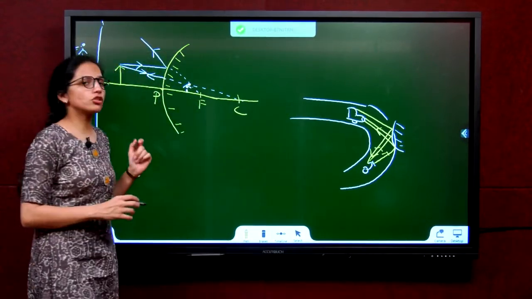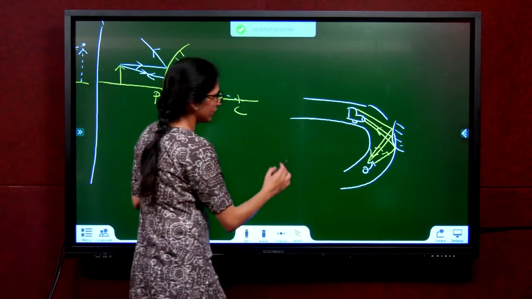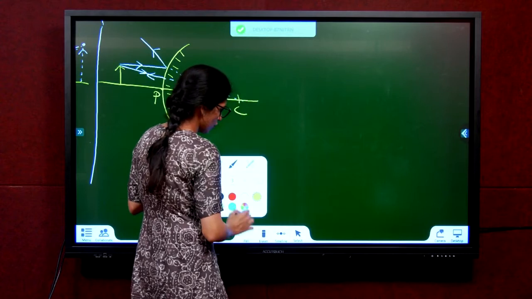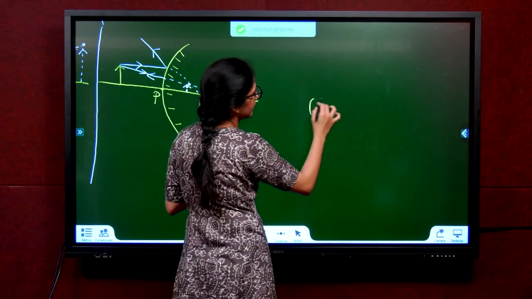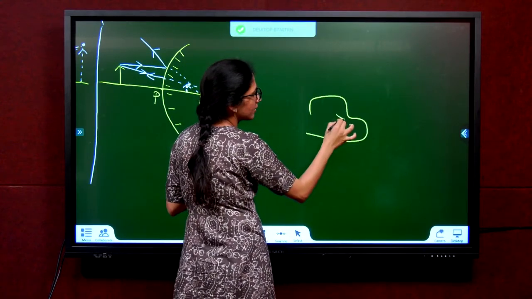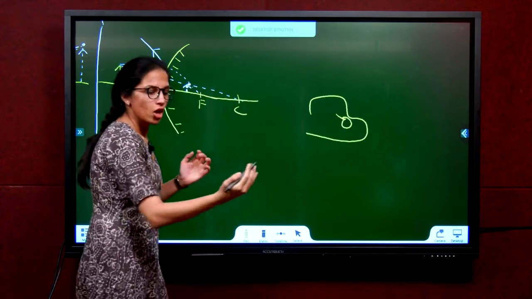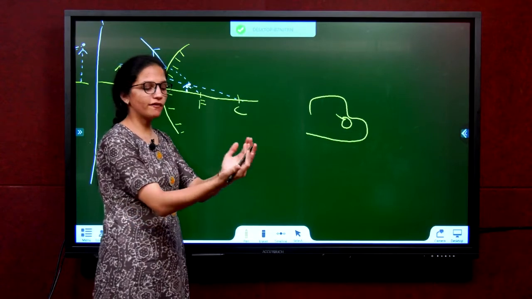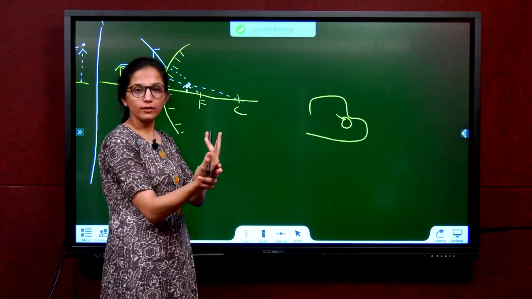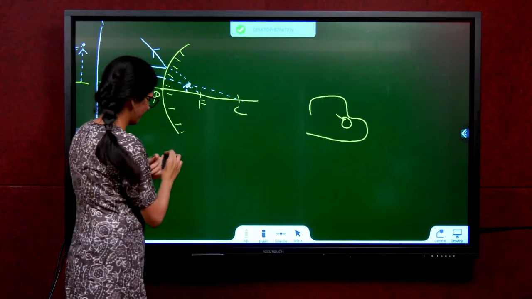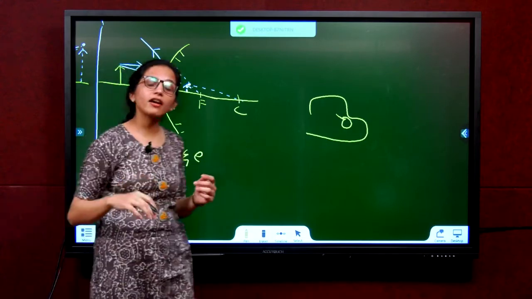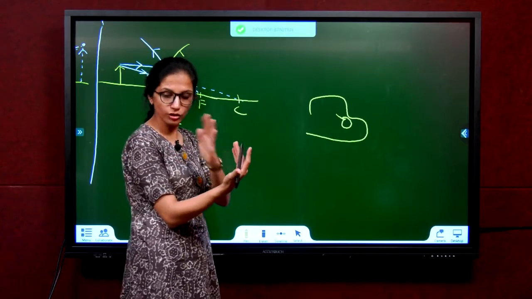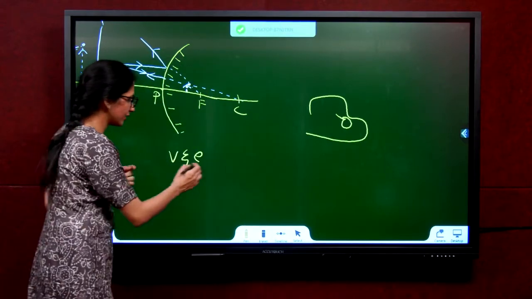Next point, it is also used as a rear view mirror. What is a rear view mirror? You all have seen in cars or vehicles, there'll be one mirror on the side here, even in two-wheelers. You use that mirror to see who's coming behind you. Why? First of all, when you're using that mirror, you will see a virtual image, correct? Or do you see a real image? Means you'd see an upside-down car. Will the car behind you seem inverted? No, you see the car as it is. So you need a virtual and direct image.